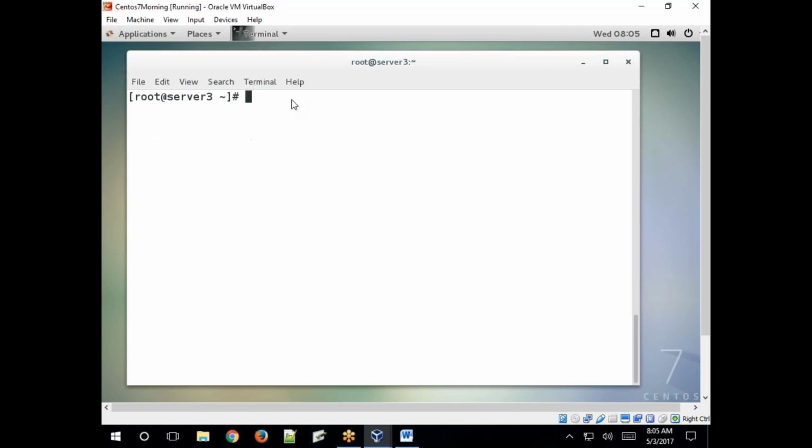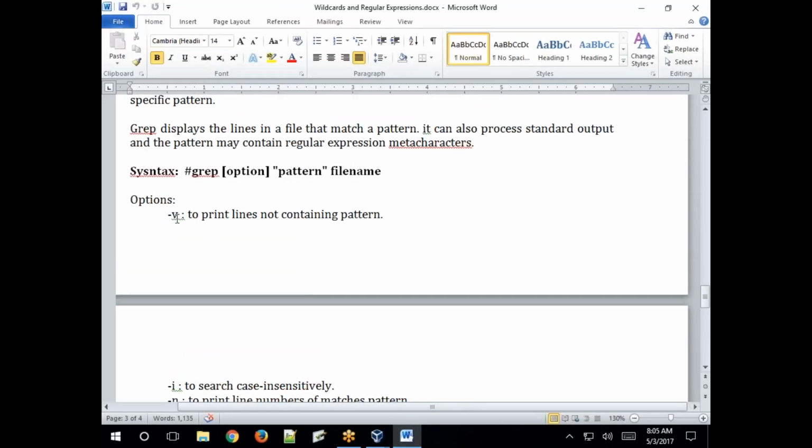Like this. Here a lot of options are available. So -v, what is -v? Option -v prints lines not containing the pattern.